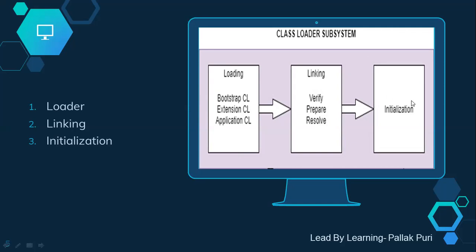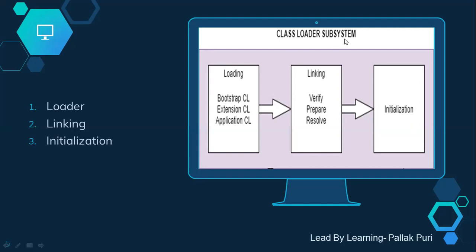Next we have initialization. It initializes class variables with routines specified by the program. So basically initialization is used to initialize all the class variables. It also initializes the super classes if they are not already initialized. So all the super classes, class variables, or all the other things that need to be initialized before the execution of a program come under the initialization phase.